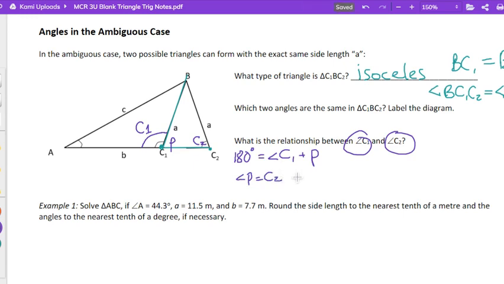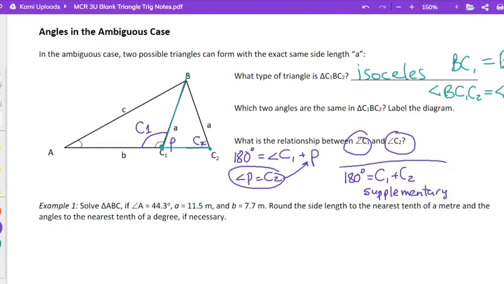Okay, so can I do some substitution? Right, let's sub this into this equation, and I get that 180 degrees equals angle C1 plus angle C2, which makes them supplementary angles. Do you remember that word? Let's write that down. Supplementary